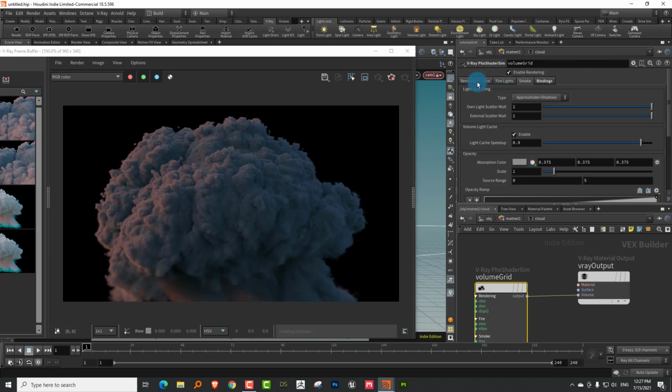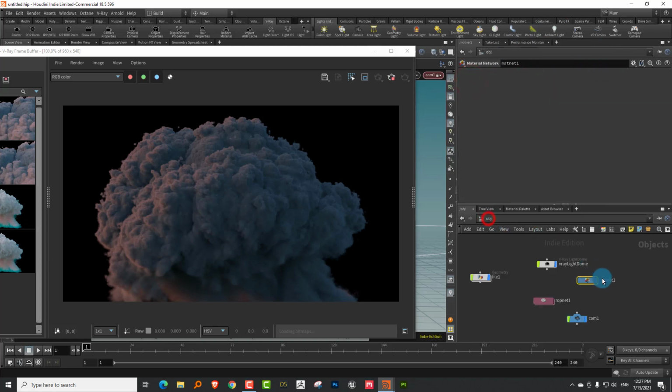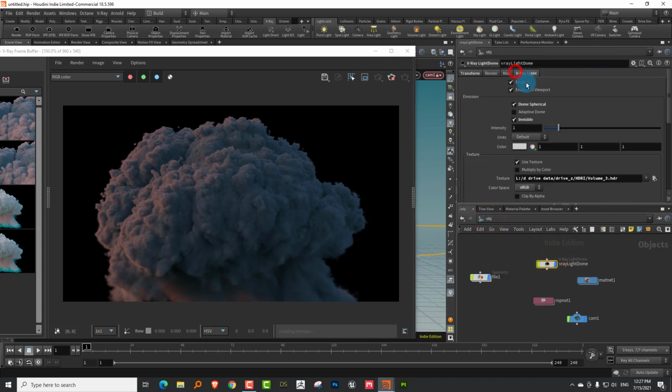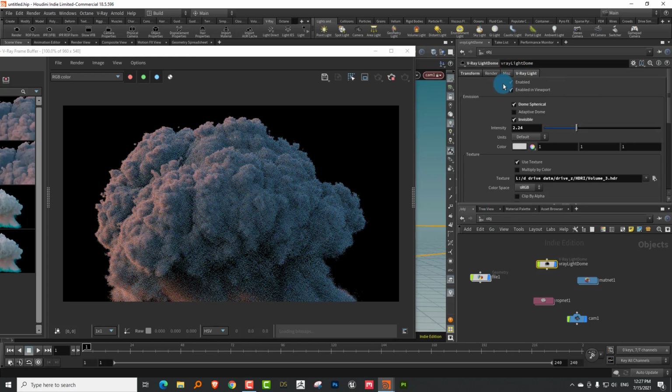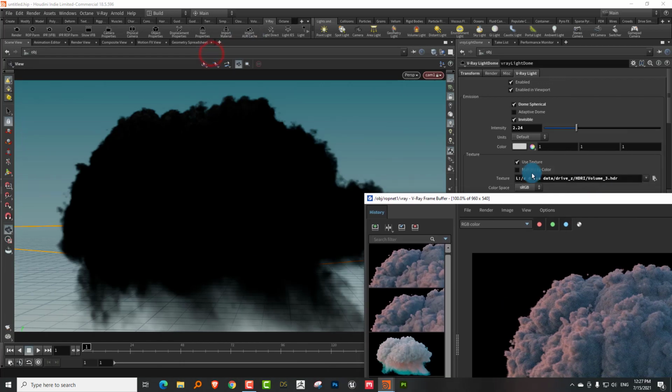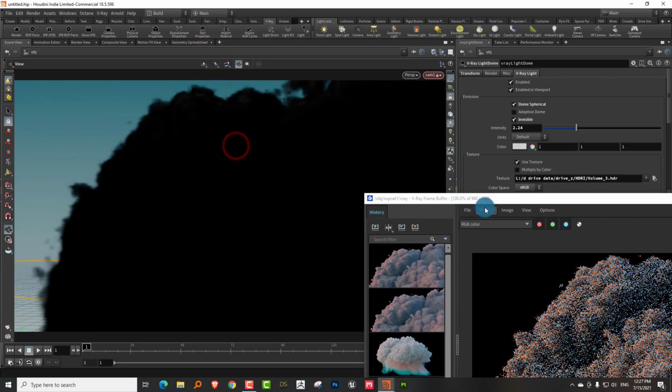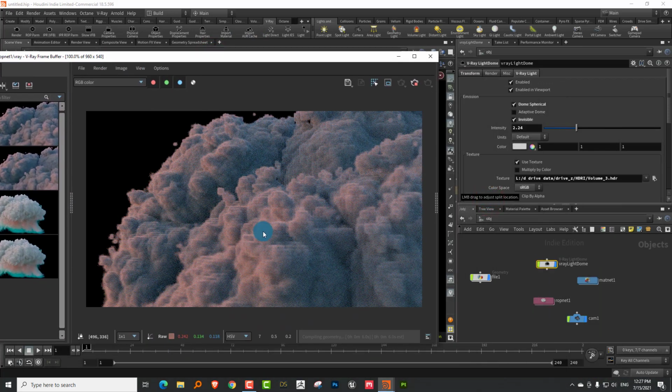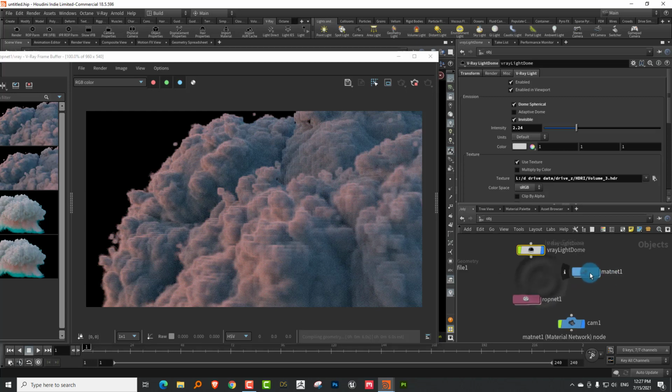Okay, so what I'll do is I'm just going to take the light and make it slightly brighter for now, so we can see things a little more. Okay, and let me just zoom in a bit. This is not a very high res volume. If you come in close enough, you'll start seeing voxels. For our purposes right now, it's fine.